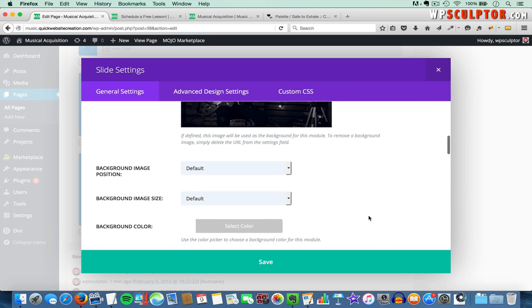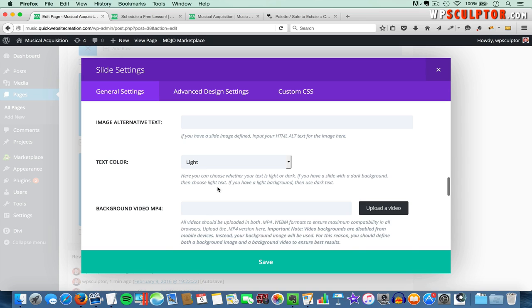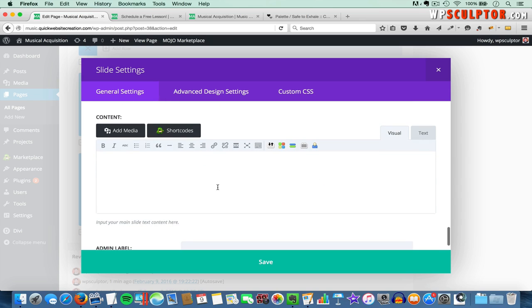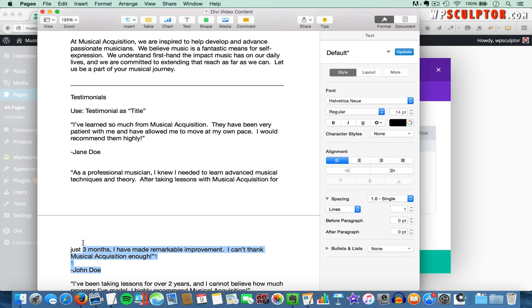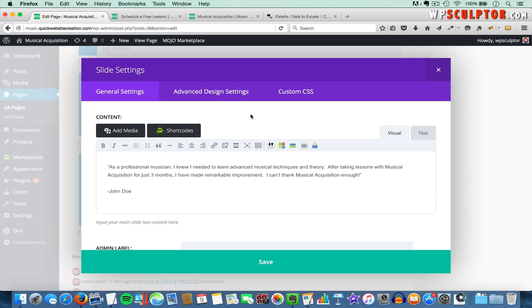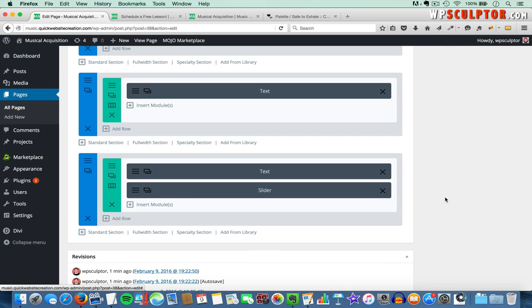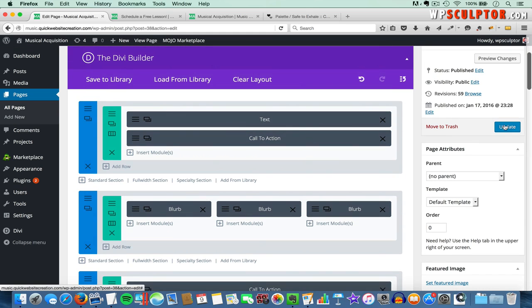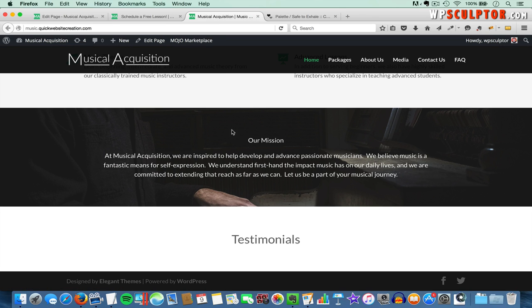And then I'll scroll down. And I've got light text selected there, and then I'll scroll down and copy and paste in some content. So I'll select the testimonial text, copy that, and paste that in. And of course, all the other options are set to the default, and then I'll click on Save. And let's go ahead and click on Save and Exit. And I'll scroll up and update the page. Then we'll view the front end of our site and refresh